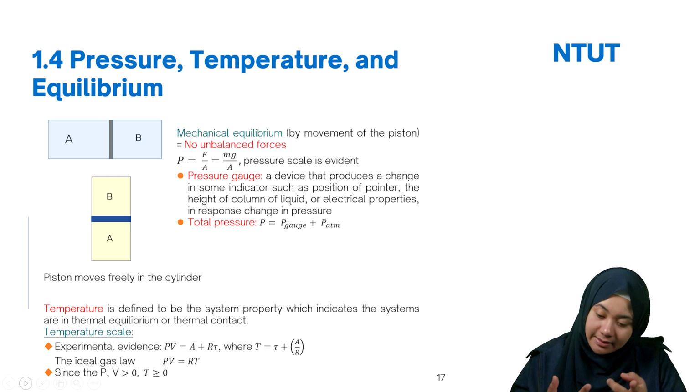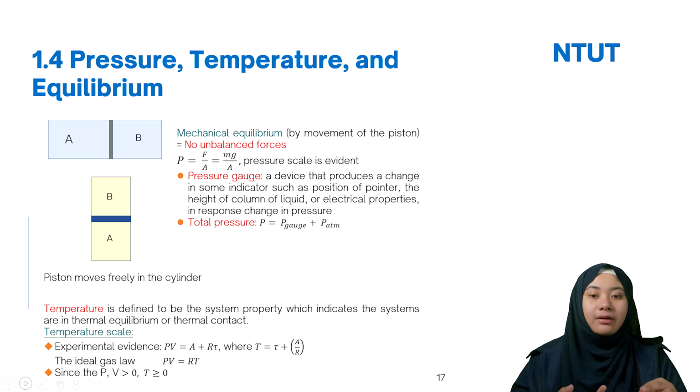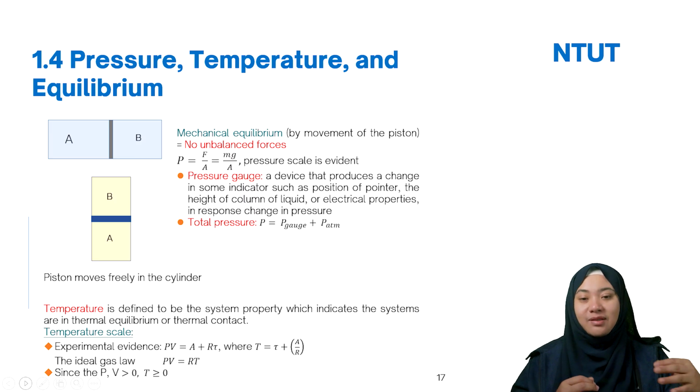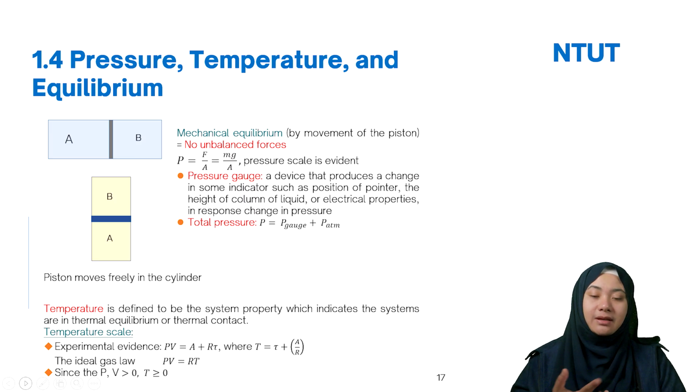The same for temperature: we can use a thermocouple or a resistance temperature detector, or a thermometer. If you feel unwell in your body, you use a thermometer. So all of these are measurable. And for volume, you can use 1 liter, 2 liter. This is measurable. So we can control these three normally in the system.